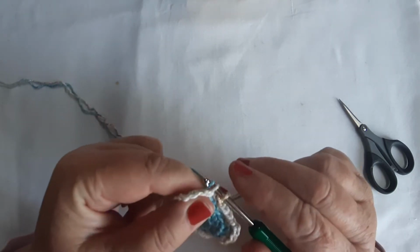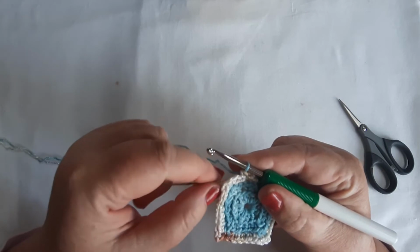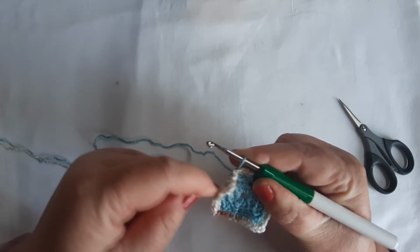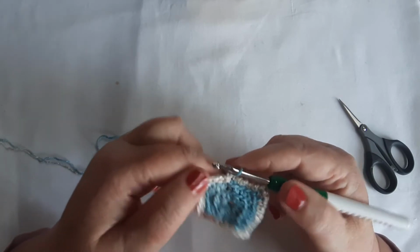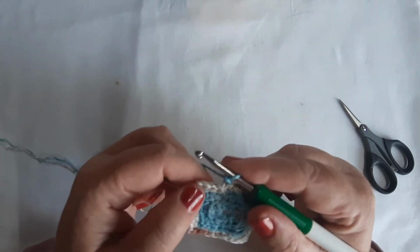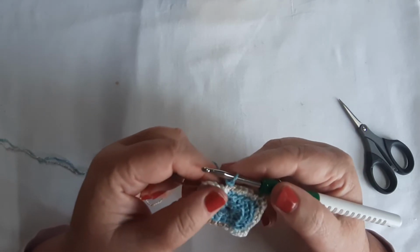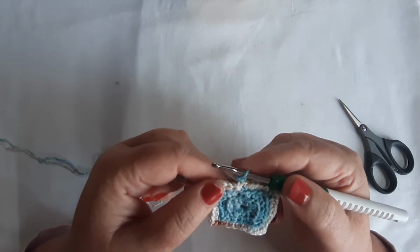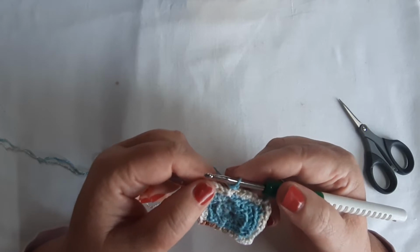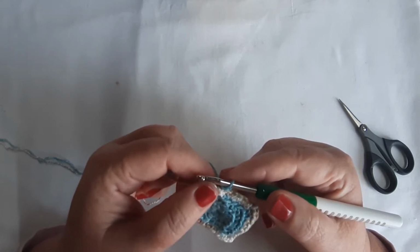I grab it and I pull it through. Then the next step is to pull the previous color tight, and then you make a chain. Then we carry on. Now our pattern says we have to make a front loop double crochet, 5 back loop single crochets, and then a